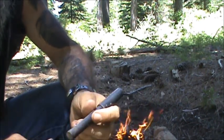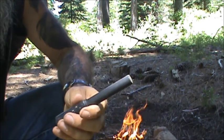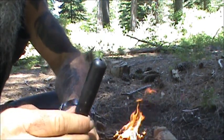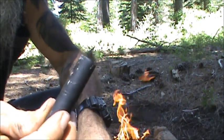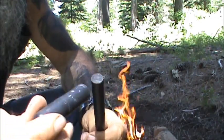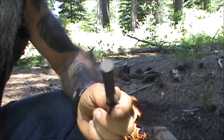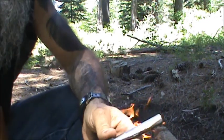I wanted to take just a few moments to talk about fire steels. And this is a 1/2 inch by 5 inch ferrocerium rod. I have a little rubber grip on the back side. I just found it one day laying on the ground, and it fits the rod perfectly, and works as a nice little non-slip grip. What I wanted to talk about specifically,